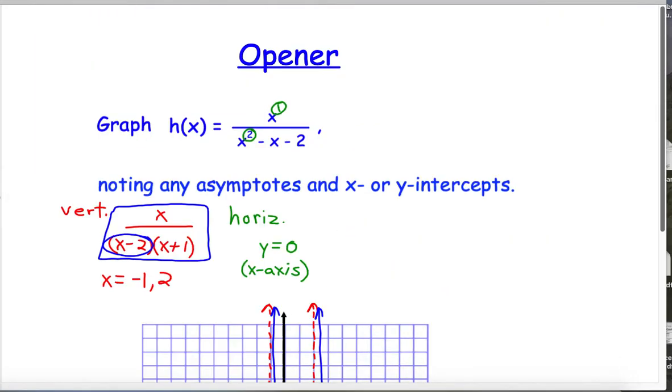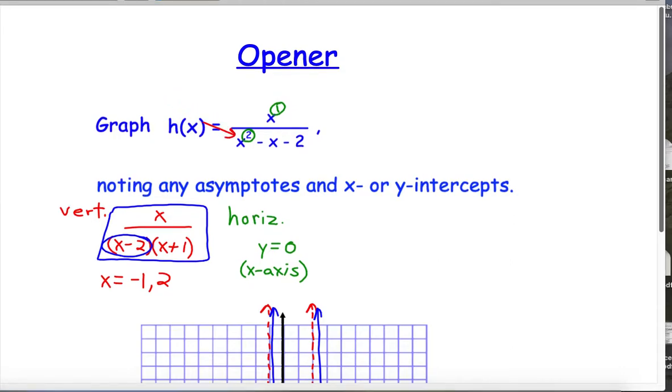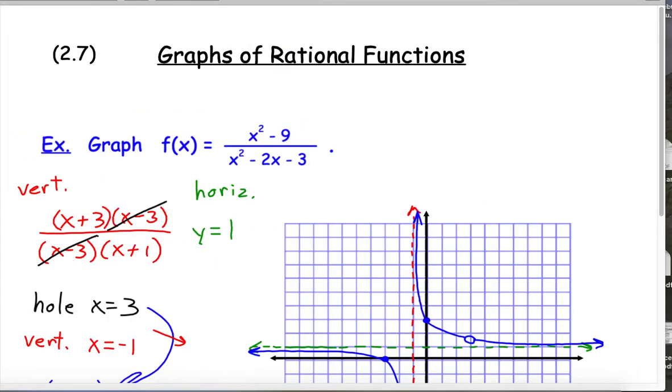Notice in this one, the degree was higher in the denominator. We had squared in first power. And so when it's bigger in the denominator, as x gets really big, this expression goes to 0. And that was our horizontal asymptote. On the other hand, if the degrees are the same, then it's going to be the ratio of the coefficients, which is 1x squared over 1. So 1 over 1 is 1. So y equals 1 is my horizontal asymptote. And then the third case